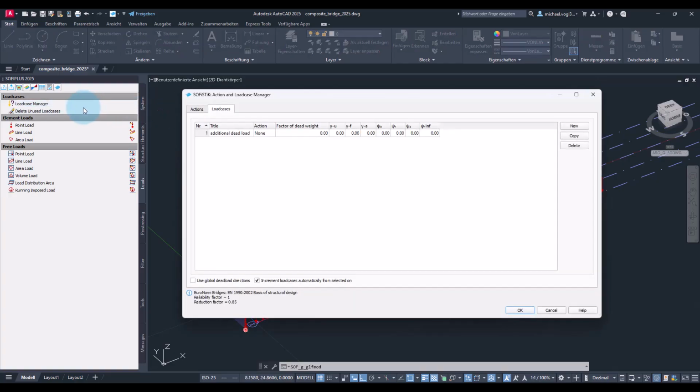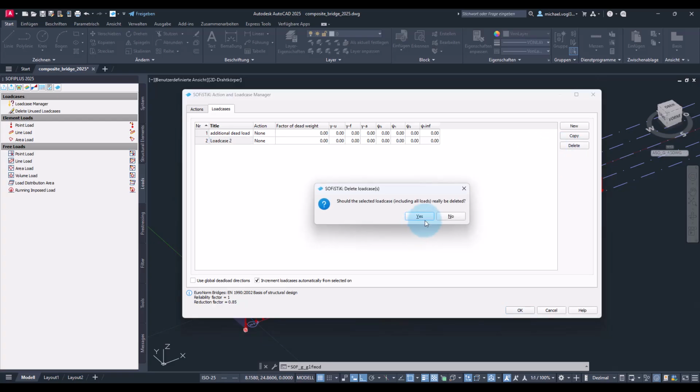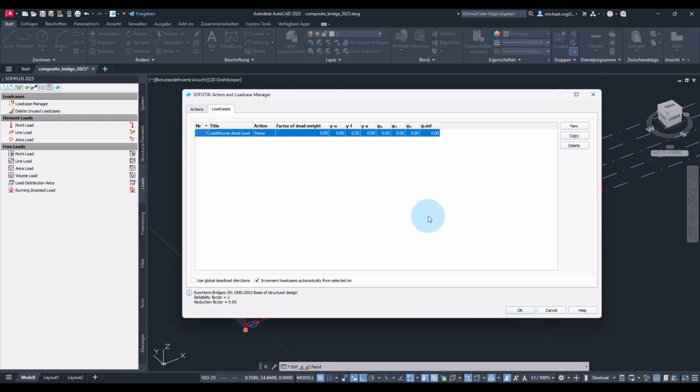So for that, I go back to the load case manager and first create the load cases. I would like to give it a different number. Therefore, I delete it, deselect the automatic increment for the load case number and create it once again. And I will use here load case 51. Call it settlement.